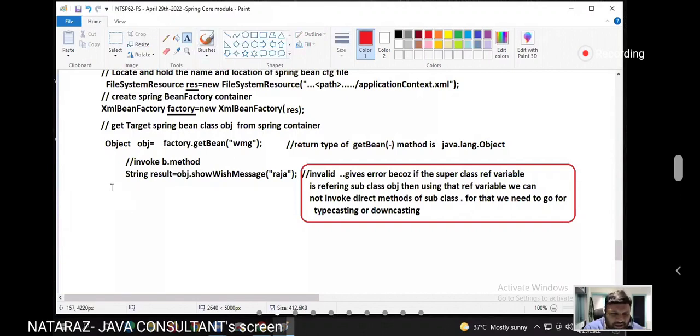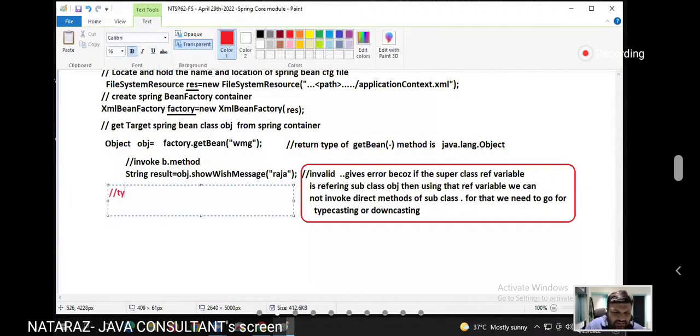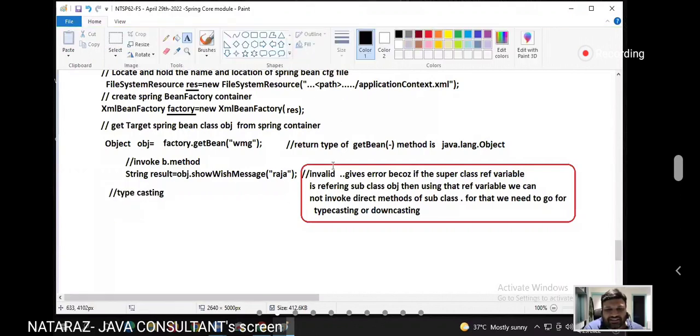Shall I go for typecasting first? Since it is an invalid statement, guys, this is a wrong statement. Then what I'm going to do?